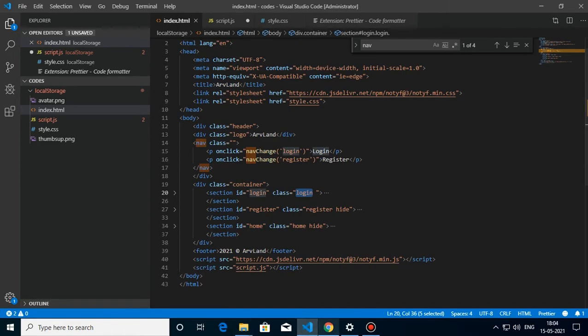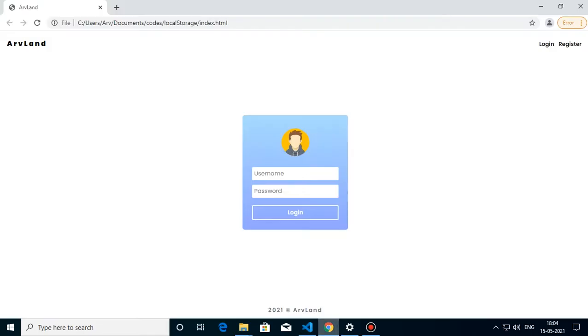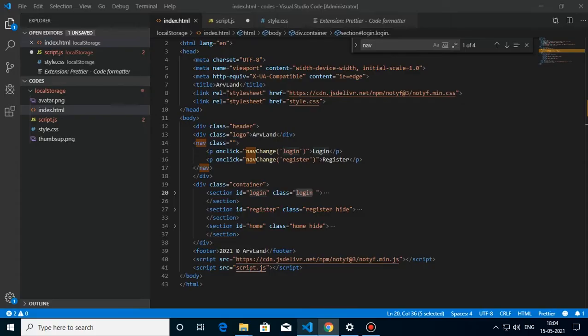So what happens? And also the result is this. What if I take this hide from register and paste it in login? Now you can see register has only register class and login and home have the hide class. The two sections have the hide class and one section has no hide class.